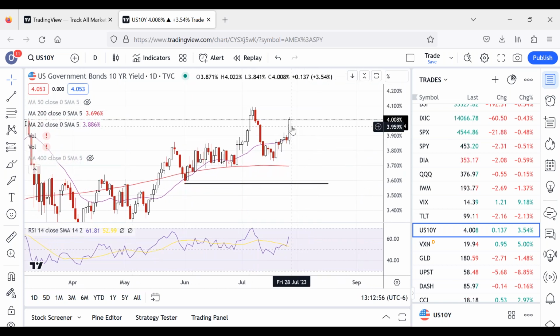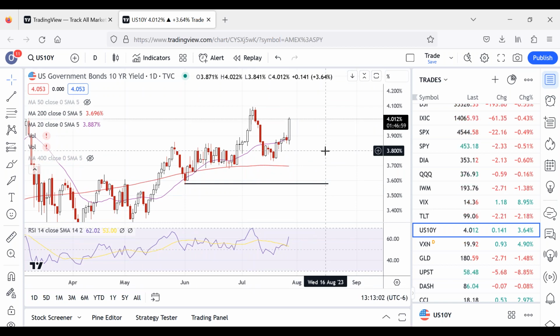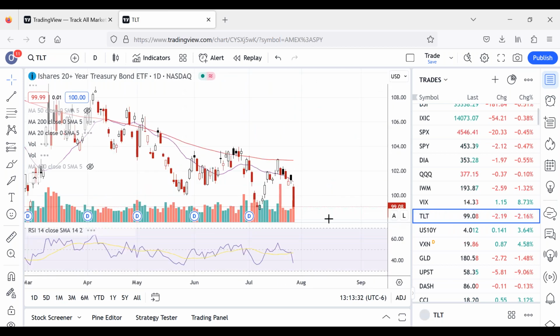Oh, there we are. We're at 4% again. That 4% is a key level. If we close above 4%, the market's going to freak out about that. If it's 3.999, the market might not freak out, but there's something about that 4. It's a mental thing. I've talked about this a number of times. You price something at $1.99 and it's cheap. You price it at $2, it's expensive, and there's only a penny difference, right? That's kind of what's going on here. But we watch that at the close, because if it closes above there...